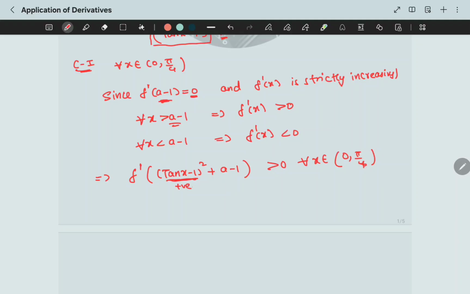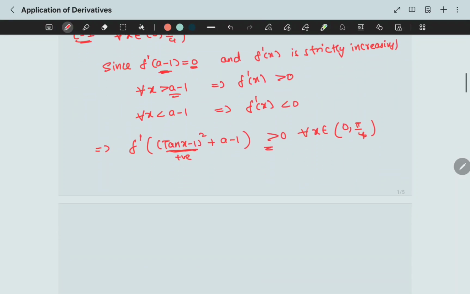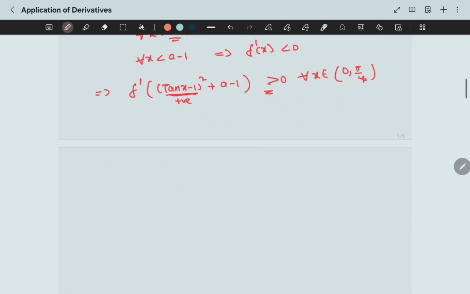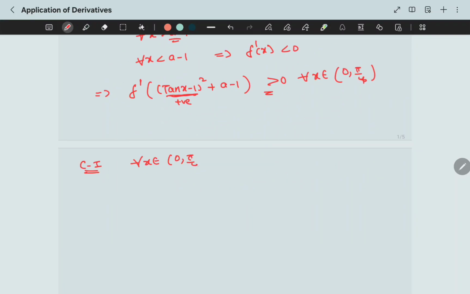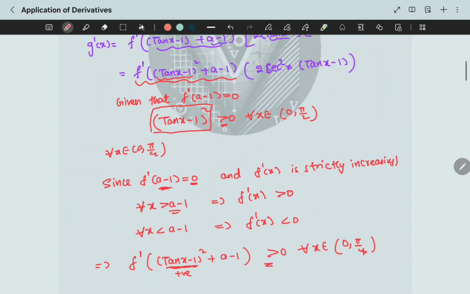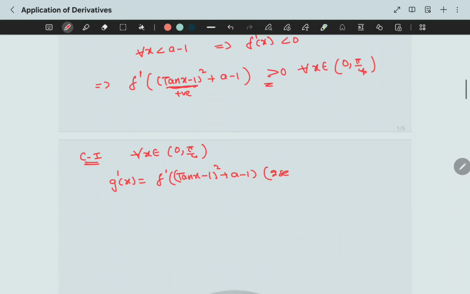Positive plus a minus 1 will definitely be greater than a minus 1. For all such values, f dash of this should be greater than 0. So now let me write down case 1. So case 1 says, again, for all x belongs to 0 to pi by 4, g dash of x is, once again, what is that? f dash of (tan x minus 1) whole square plus a minus 1, and if I remember, it was 2 secant square x